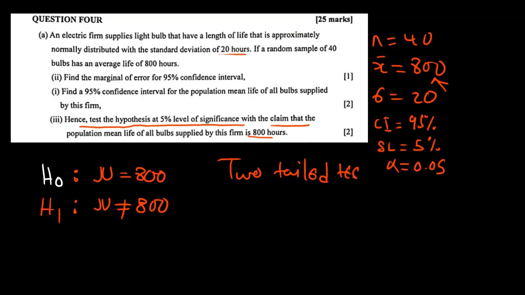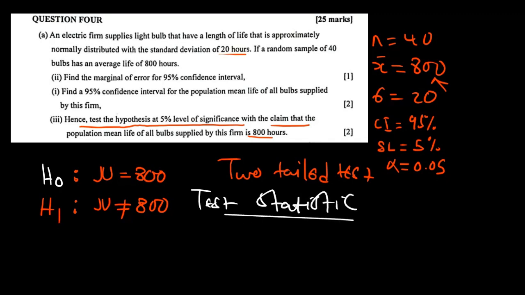Okay, two-tailed test. So meaning we test the left side, we also test the right side of the 800 there. Okay, so let's write down the test statistic that we are going to use here. The test statistic will just be Z equals